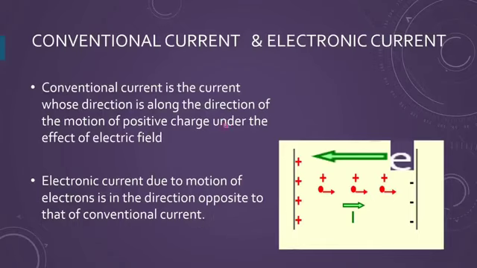So two things are there: one is conventional current and the other is electronic current. Conventional current is by convention the direction of the movement of the positive charges. This should be known to you. And of course, electronic current is always in the opposite direction to the conventional current. But whenever we draw any circuit, we always talk about the direction of the conventional current. In your mind, you should know that electrons always flow in a direction opposite to the conventional current.